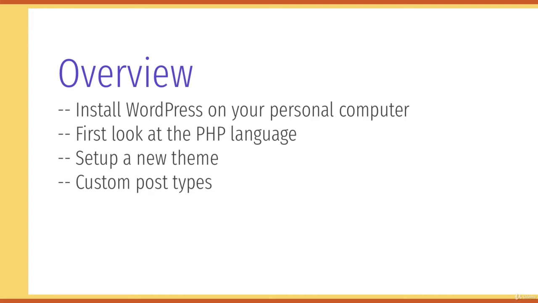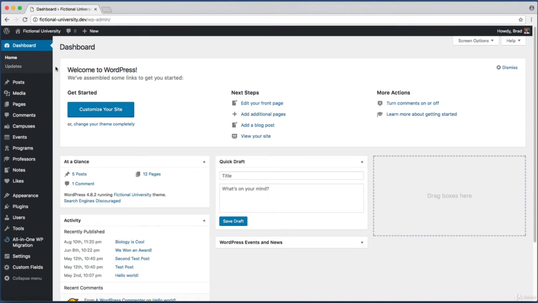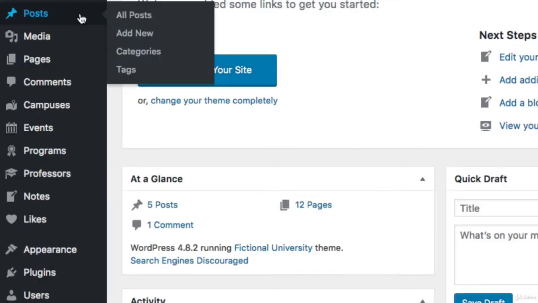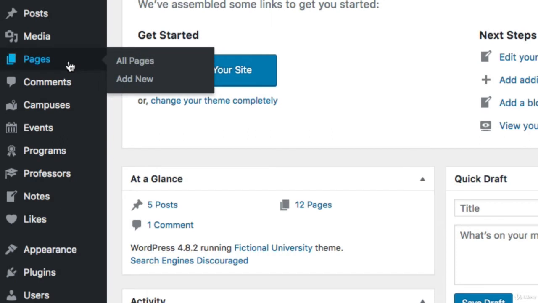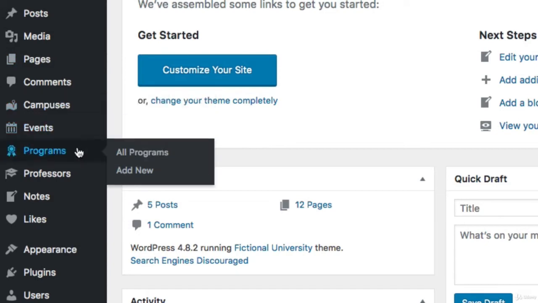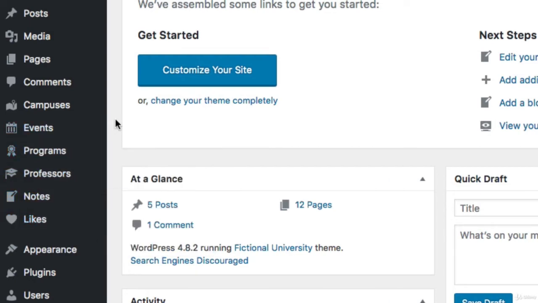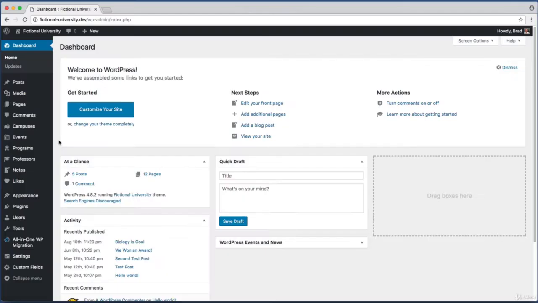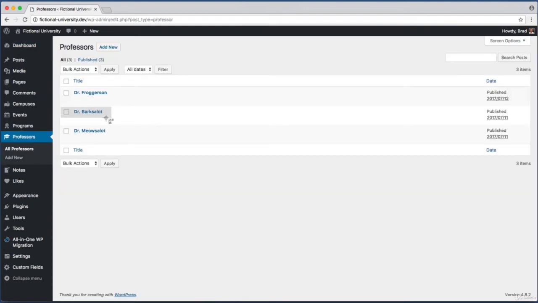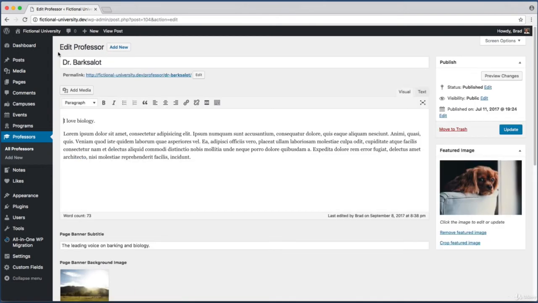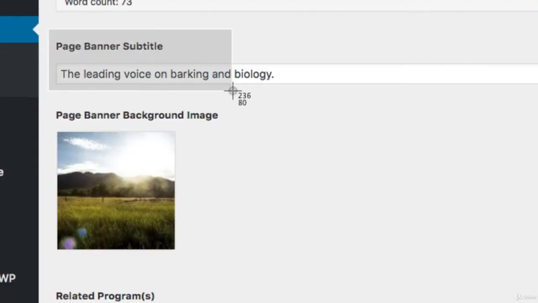For example, let me show you the admin dashboard for our finished product in this course. In my sidebar, we see posts and pages, just like in a normal WordPress installation, but I've also got campuses and events, programs, professors, notes, likes. And each of these post types has its own unique set of fields, instead of just a generic title and body field. So for example, if I click on professors, and then if I click to edit my professor named Dr. Barks-a-lot, yes, we do have the generic title and body field,